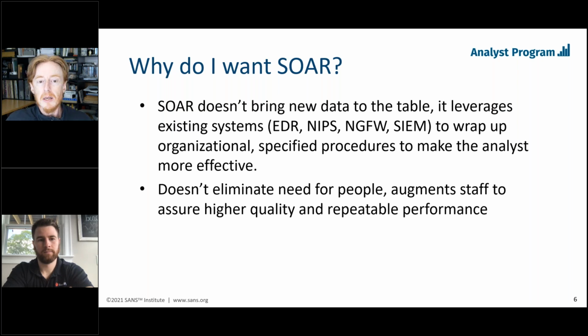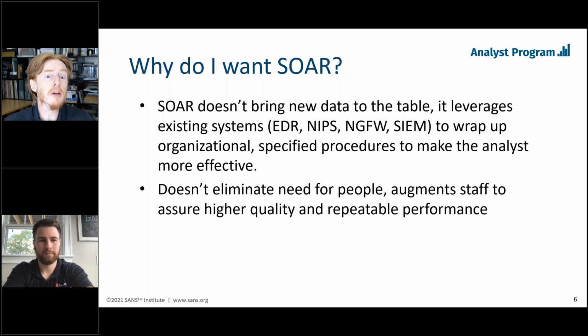Okay, so the SOAR tool is not intended to replace your analysts. When I hear this, I always kind of chuckle. It's like, okay, show me the instance of a SOAR tool where now the analysts just have their feet on the desk thinking, gosh, what do I do now that we've got this tool handling all this stuff, right? This is not yet the Jetsons, right? We don't have tools that have matured to the point where we can just push the button and they're ready to go.